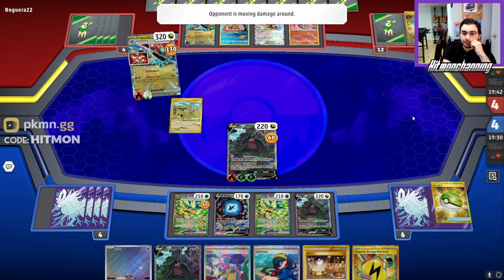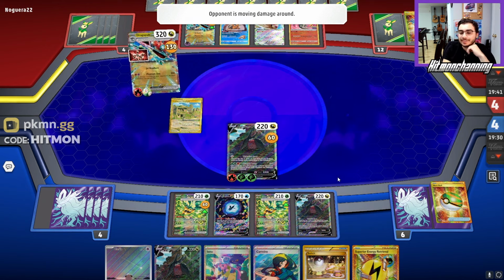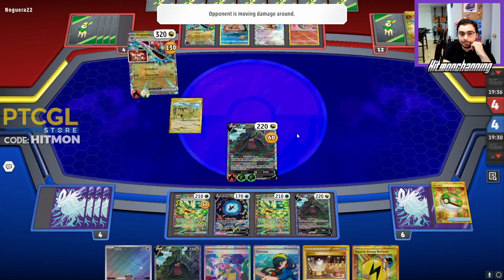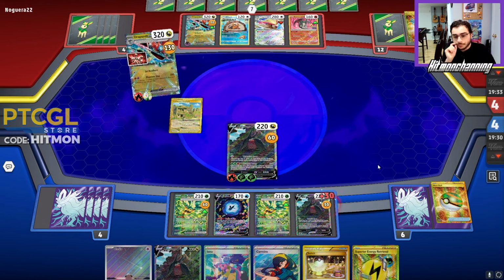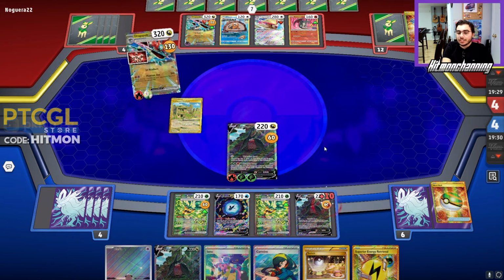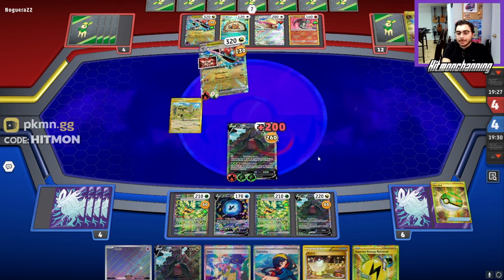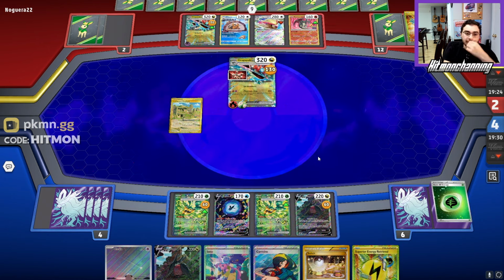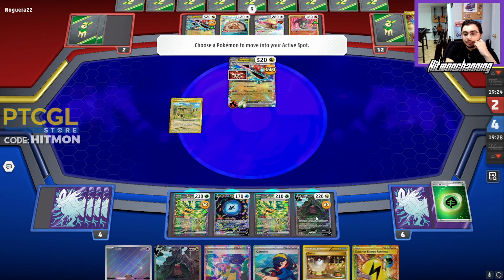Interesting. That's a Phantom Dive. 200. 60 anywhere is completely fine. Putting it on there. Sure. Now we have the ability to deny a what's it called? We have the ability to deny prizes here. With the Legacy Energy,